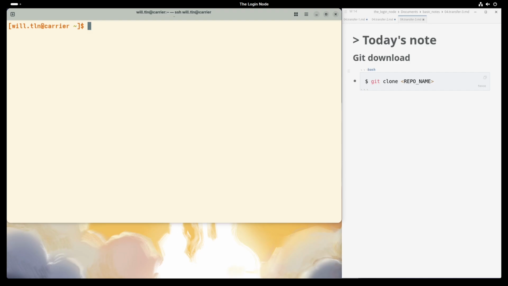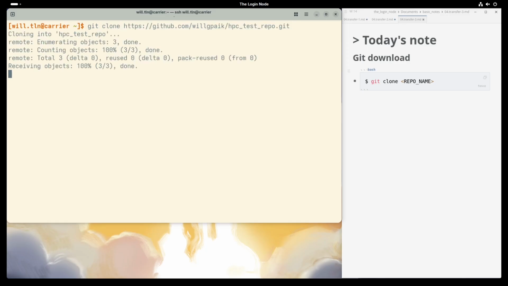Use git commands to push your code to GitHub from your laptop and git clone it on the cluster. This keeps your version history safe. Rule of thumb: data goes to scp or rsync, and code goes to Git. Let me quickly clone a test repo. git clone and the repo address. It's cloned.